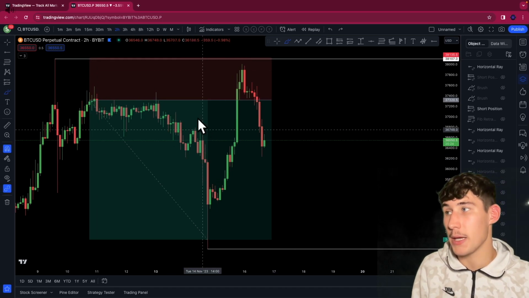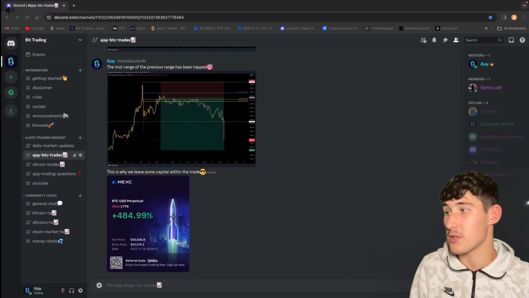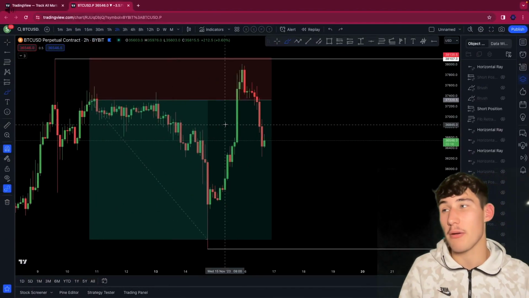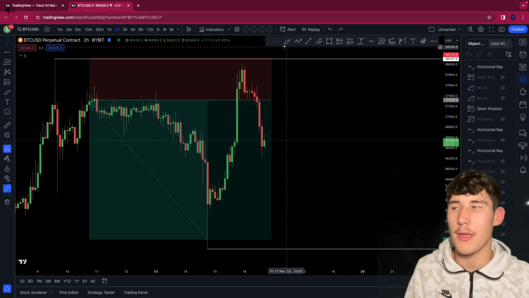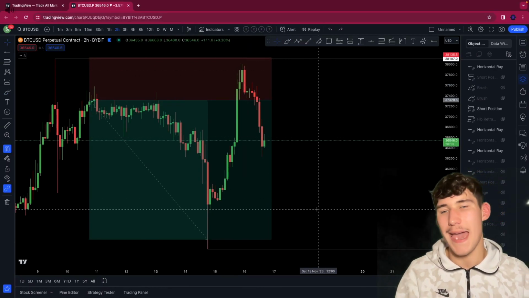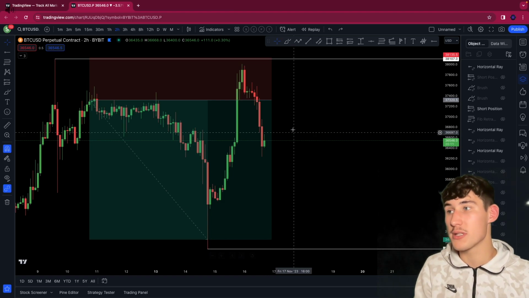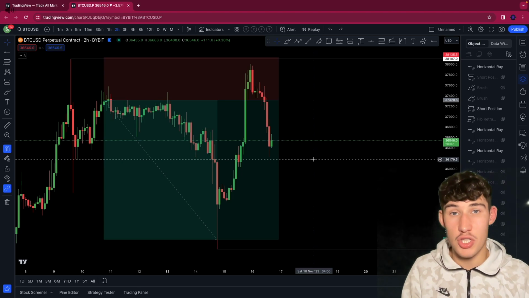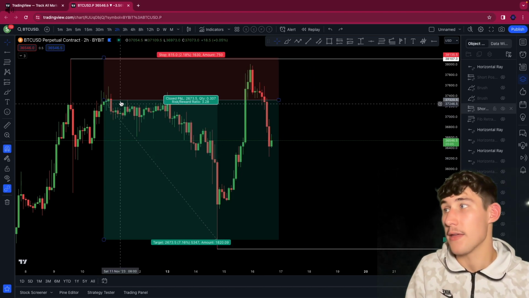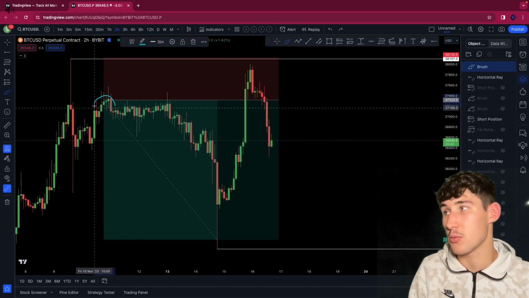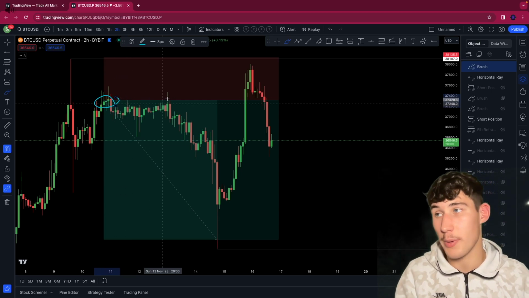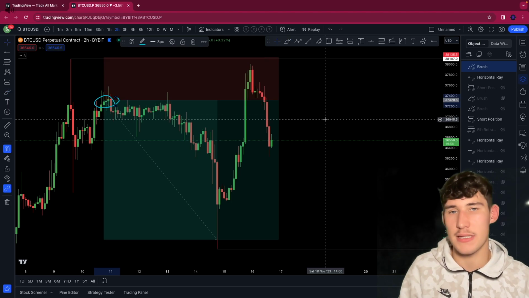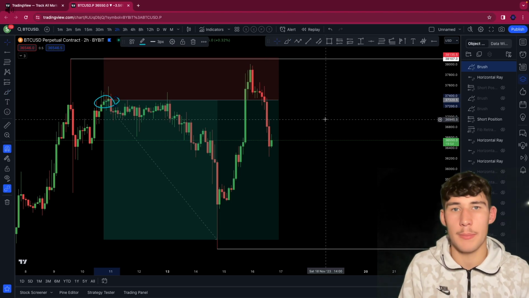And that is how we've made over 400. Let's double check here. 484% on this short position right here. Very, very profitable short. And remember, we're still in that short position because we didn't hit the stop loss. 85% of this trade has been closed. We still have 15% left in that trade. But right now, not the time to be entering into a trade. This was the time to be entering into a short. Like I said, and I told my team on the Visionary Discord, I'm entering into the short there. But right now is the time to just remain patient.